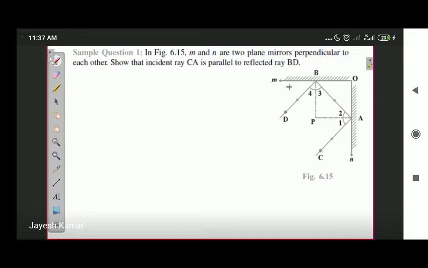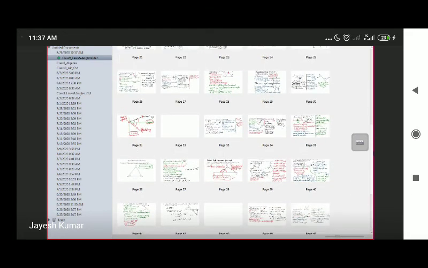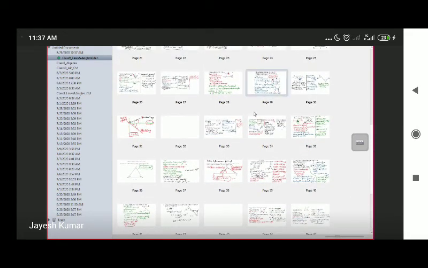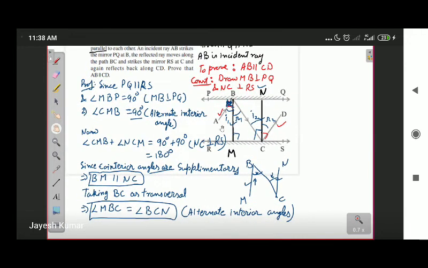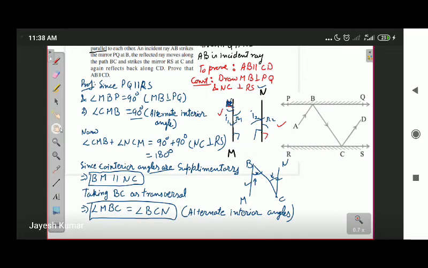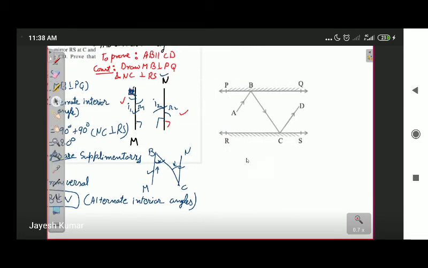This is the type of question that we have discussed earlier. In our exercise 6.2, there was question number 6, in which we have two mirrors. Let me refresh your memory by showing you the question. This was question number 6 of exercise 6.2. We did it. Okay. Let me take the diagram somewhere. This was the diagram of this question, and what we did was